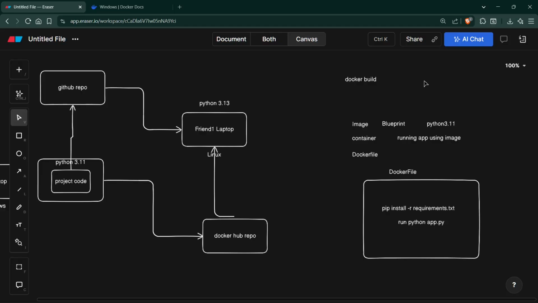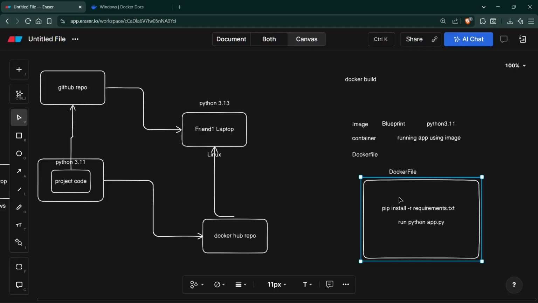So imagine you have your project code open in VS Code, and you open a terminal and run docker build. What Docker will do is find whether you have a file named Dockerfile. Once it detects a file named Dockerfile, it will start executing that Dockerfile. Inside that Dockerfile, we have the commands that will actually execute our code. One is pip install -r requirements.txt, which will install all the packages.